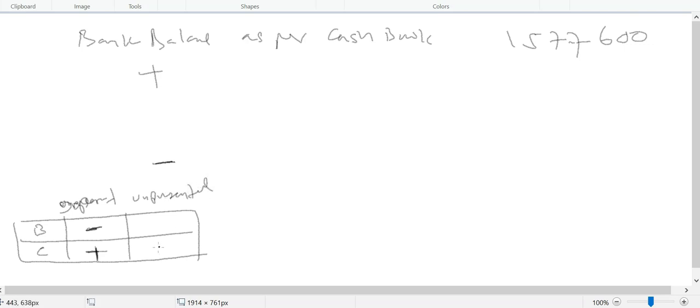If it is unpresented, we have credited our cash book, but it has not been presented to the bank yet, so therefore bank balance is more. So therefore unrealized deposit, to arrive at the bank statement balance from cash book balance, you need to take this column. So therefore unrealized deposits has to be deducted, which is 480,000,